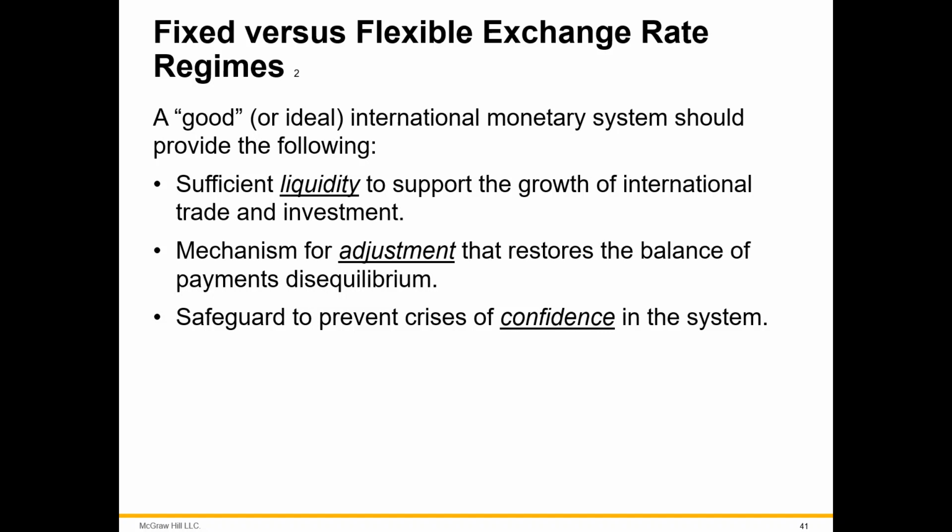So you also want a mechanism for adjustment that restores the balance of payments disequilibrium, right? If we think about pegs or artificial stability, they just have a tendency over time to drift away from the stated previous regime. What's the plan to fix it? Is it allowed to drift over time? Are there limits on how much it can drift? What's the mechanism for fixing this? Because in the absence of a mechanism, what happens is everything's fine for 30 years and then it blows up, right? So in the absence of an adjustment mechanism, you worry about crises and eroding confidence in the system.